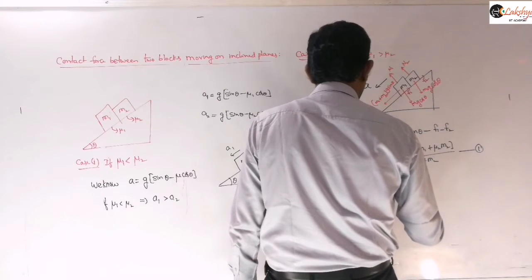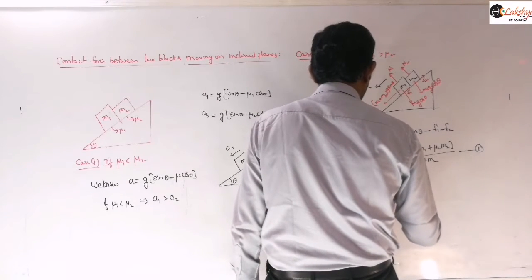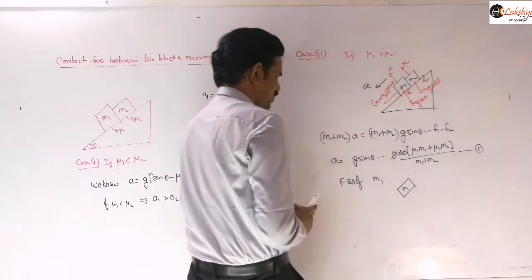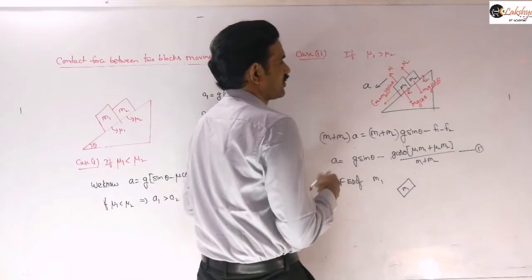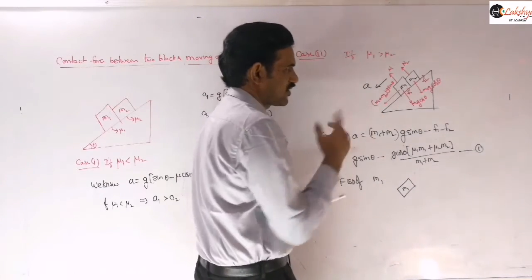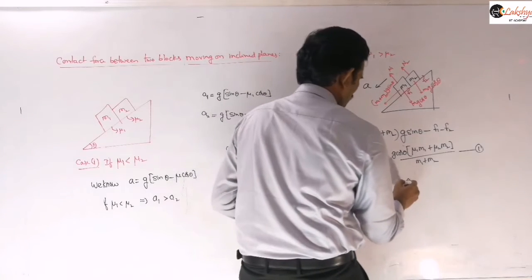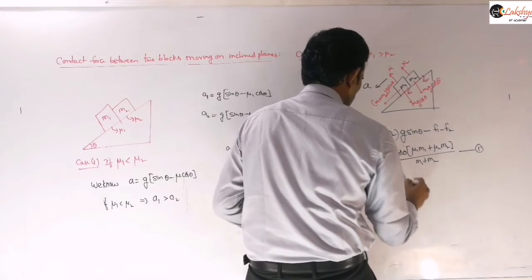So FBD of M1 means you take only M1 and represent it here. When you are representing only M1, the forces are acting over there. In addition to the forces I represented, the contact force between M1 and M2 you need to consider. So this will be the normal reaction N1,